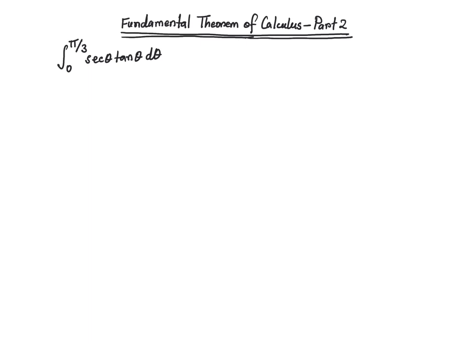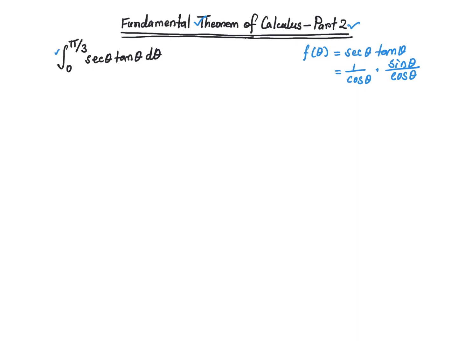In this video, I am going to use the fundamental theorem of calculus part 2 to find the definite integral from 0 to pi over 3 for secant theta times tangent theta. Now let's look at my f of theta, which is secant theta times tangent theta. And as you know, this is nothing but 1 over cosine of theta times sine of theta over cosine of